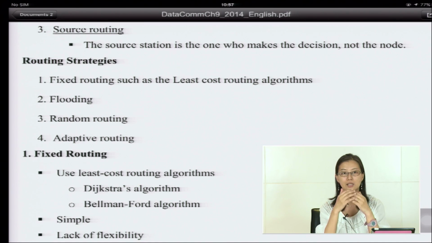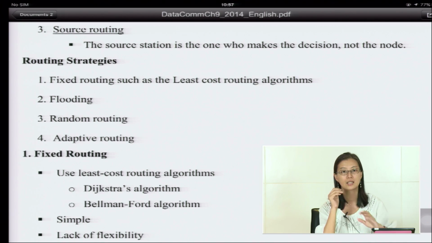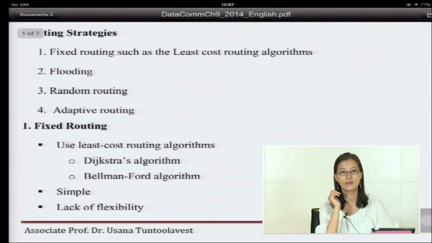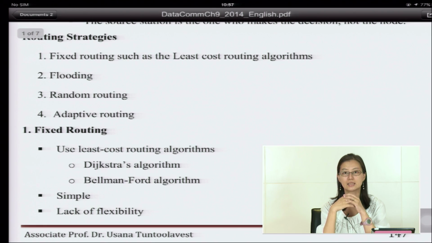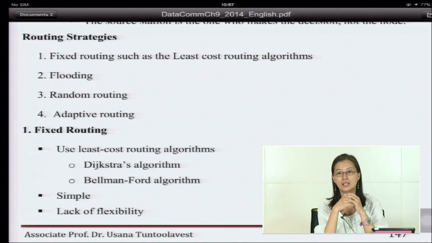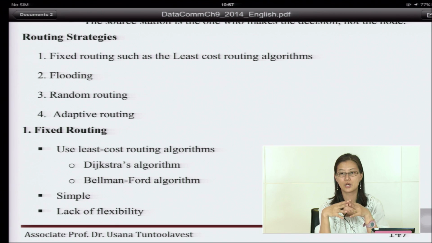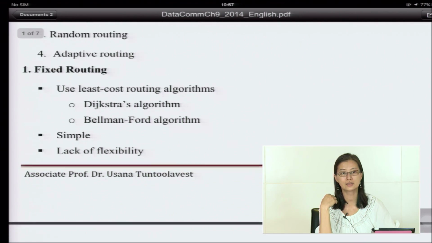Now for the routing strategy, we have fixed routing, such as the least cost routing algorithms that we talked about today, two techniques, and we have flooding, which we talked about, and we also have random routing and adaptive routing, which will not be covered here. Now for the fixed routing,